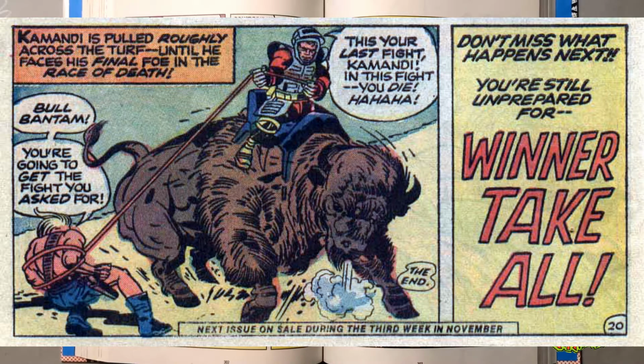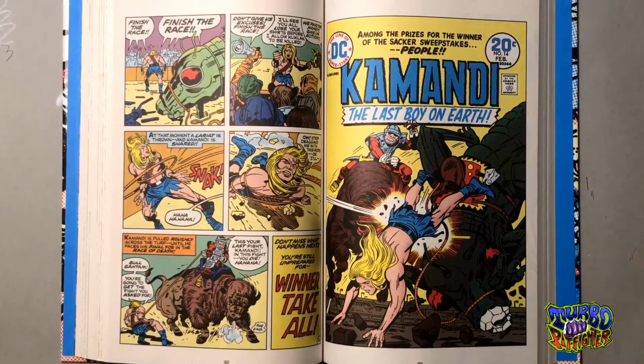What happens next? You're still unprepared for winner take all, and so now we're going to a fourth comic installment in this timeline. So now we're getting really good. This is great. I love everything that just happened here. The race is not overdone. There are just some simple story elements that are introduced, but this shows that Bull Bantam was thought out ahead of time, because when they first introduced his name, maybe Kirby was thinking that he was going to be riding this giant buffalo bull, or maybe Kirby thought that up after. But this is a great idea,